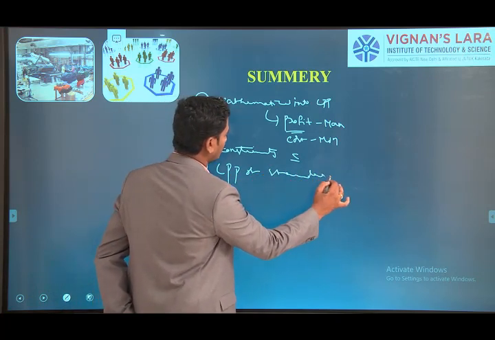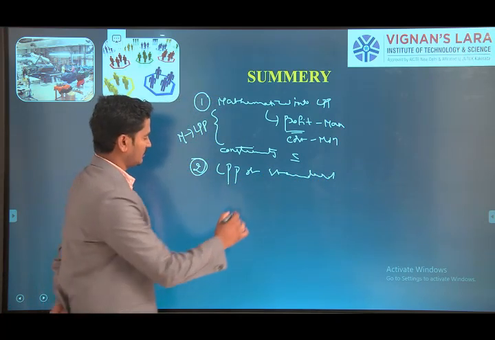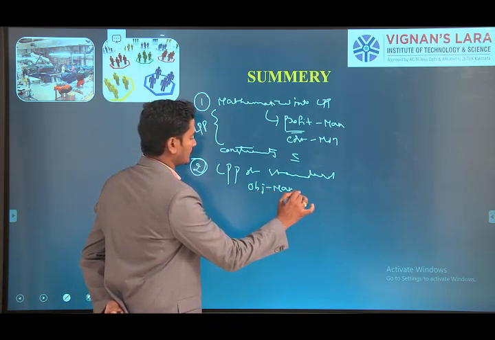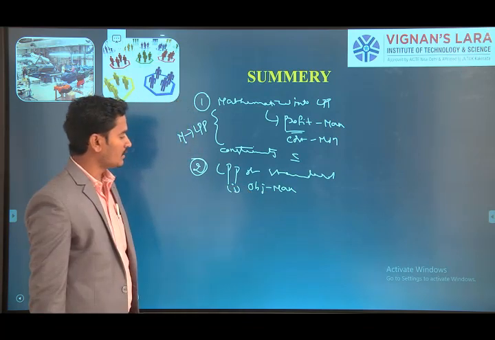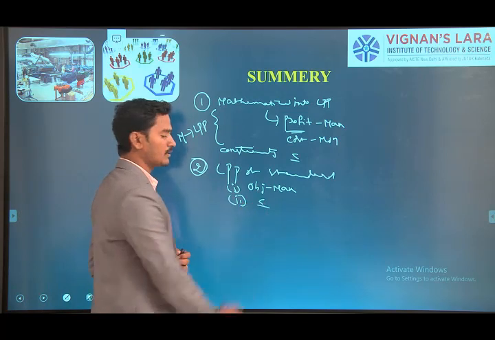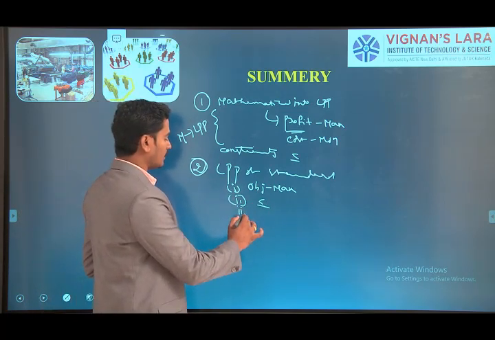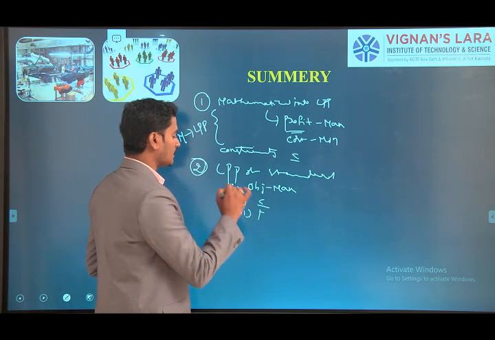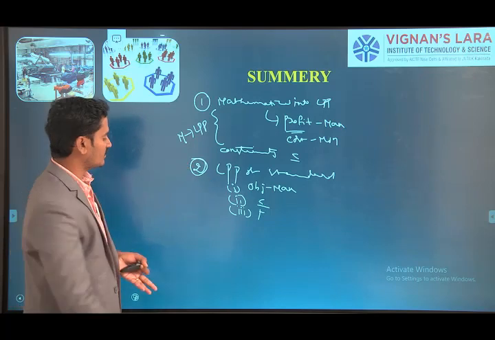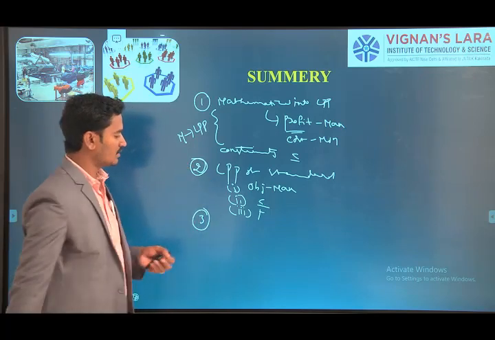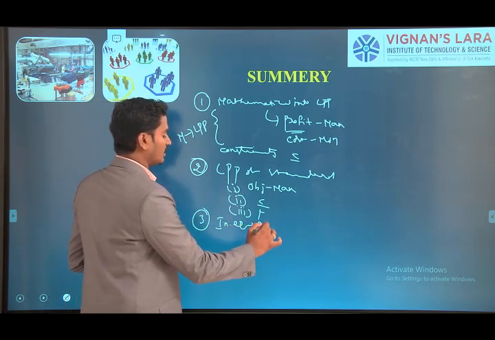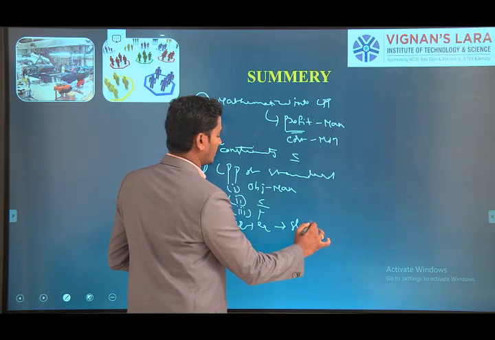Okay, what is the standard form? The rules of the standard form are: the objective function must be in maximization. Then all constraints must be in less than or equal to type. Then all values on the right hand side of the constraints must be positive. Those are all satisfied in our case. That's why the standard form is satisfied. Now we are going to the third step. Here we are converting inequalities into equalities by adding the slack variables.